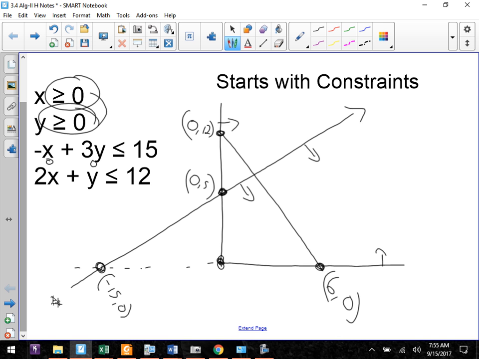And then notice those last two graphs intersect, don't they? Those two graphs intersect. Oh, we've got to shade, I forgot. What's 0 plus 0? Is 0 smaller than 12? So it's moving inward. So right now we have this four-sided figure. Do you see that on the interior there? I have this four-sided figure,